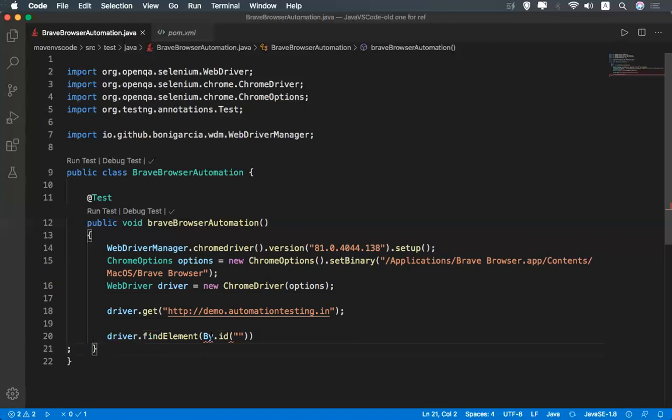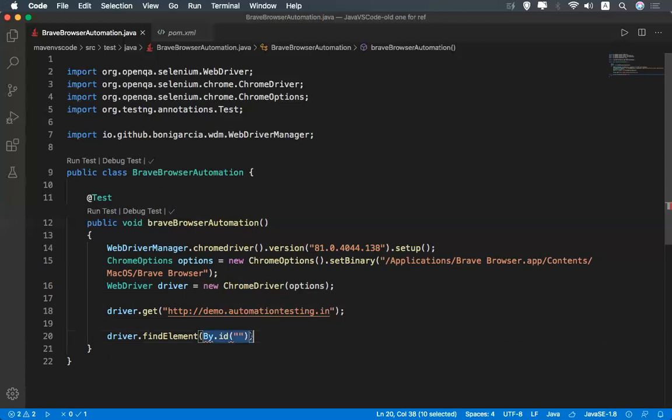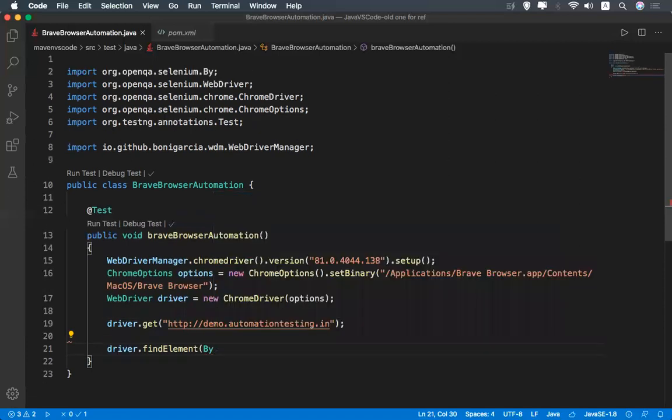So here you need to input this ID. Okay, let me type it again. So it will give me that option. So it is also from the Selenium.